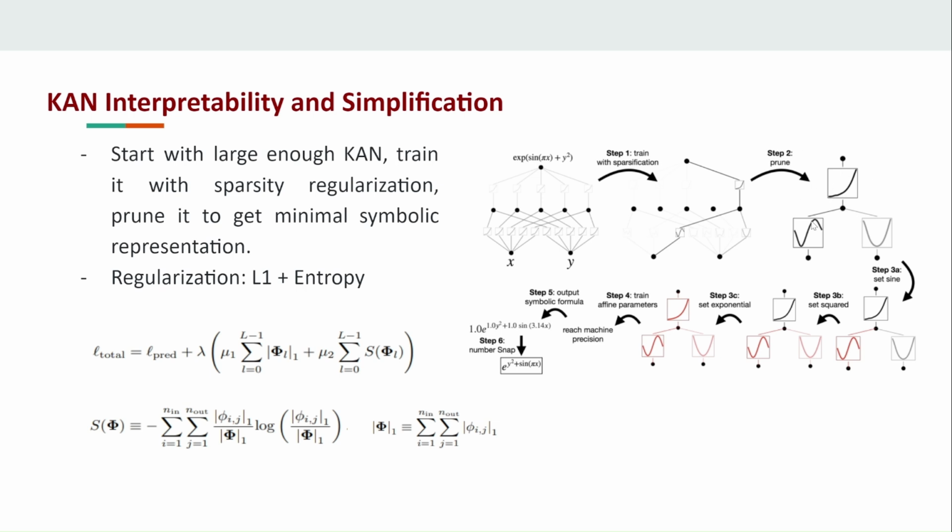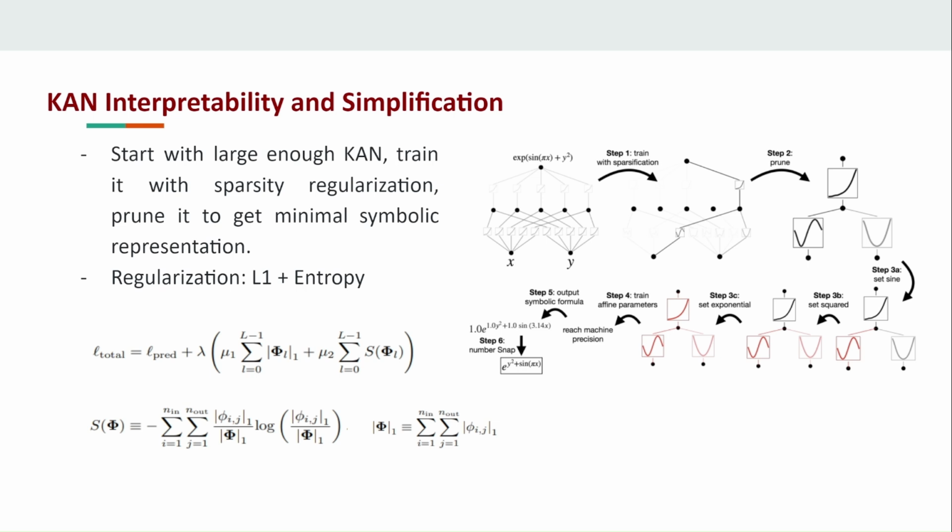Then we try to identify, if you're able to visually see that, say, this is a sine function, we fix it as a sine function. Else we use an automatic method to try to find out the symbolic relationship, and then we set it to that. So this is set to a squared, this is set to an exponential, and then now